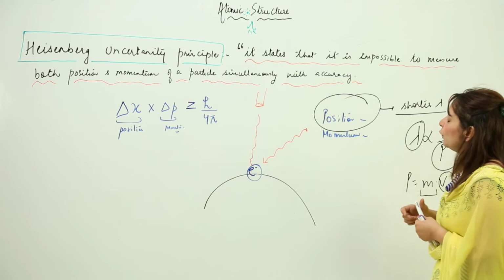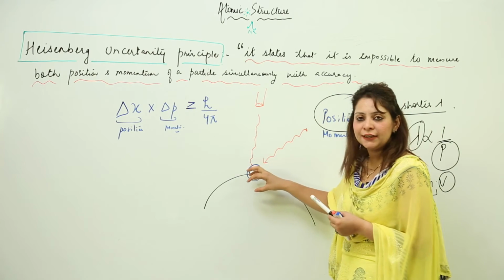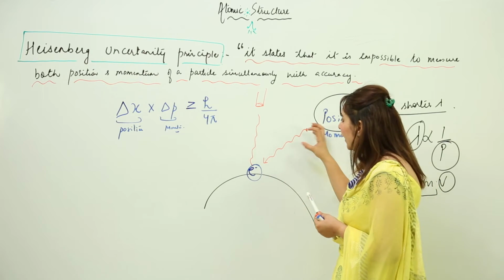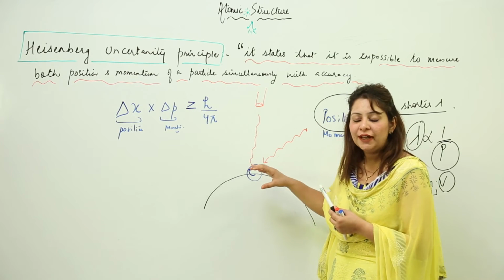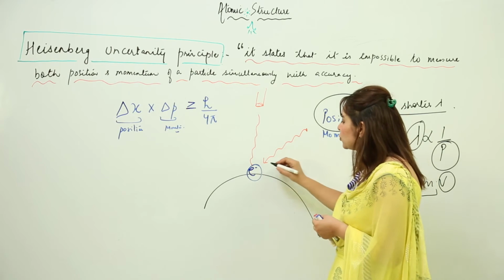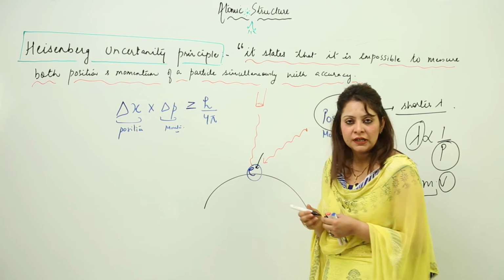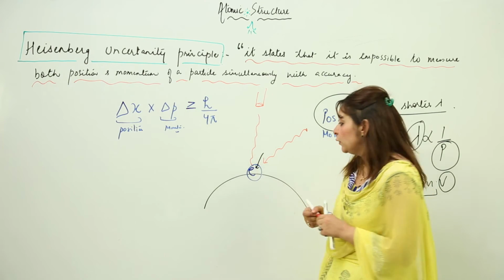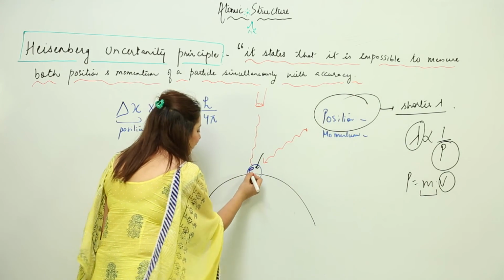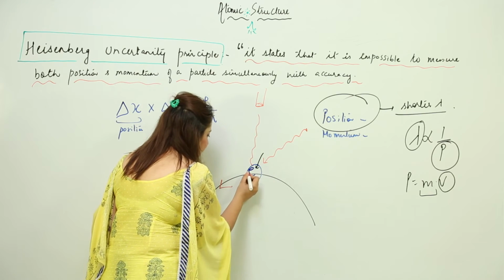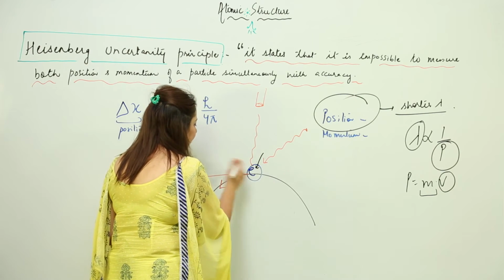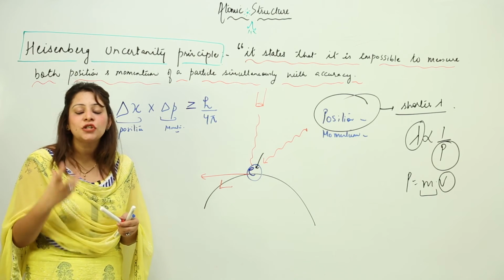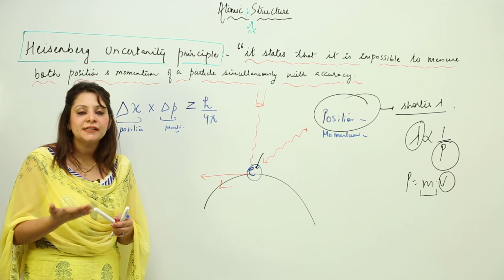So what happens when this kind of photon strikes this electron? It is able to determine the accurate position, but when it strikes, as it possesses a shorter wavelength and high momentum, it is going to transfer its momentum to this electron. Right, and what will happen when it transfers its momentum to this electron? It will change its trajectory, it will get displaced, and this will be the expected path that it will move in. That means the velocity of the electron just gets changed,